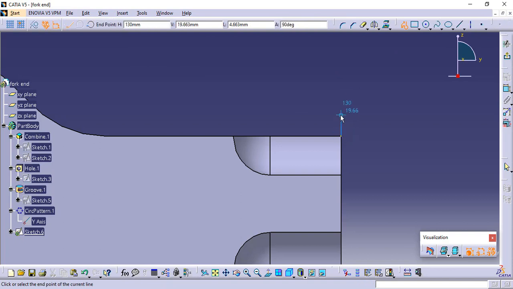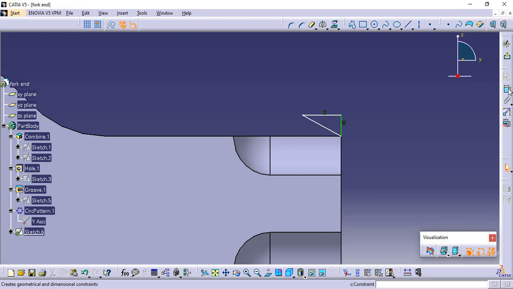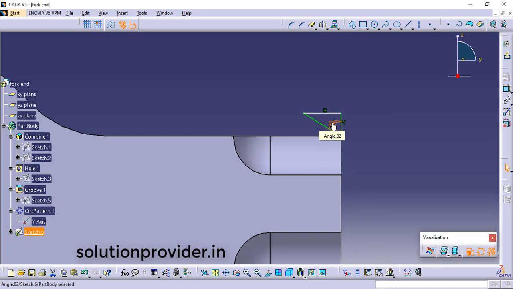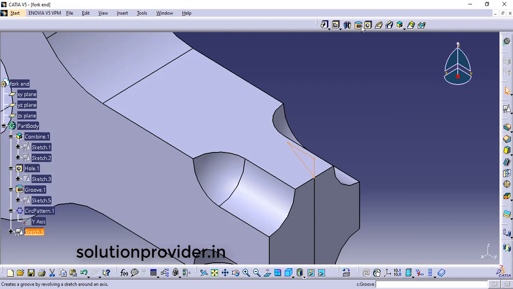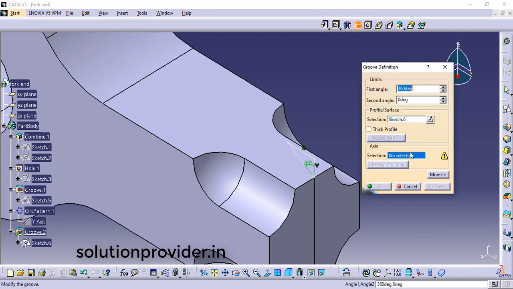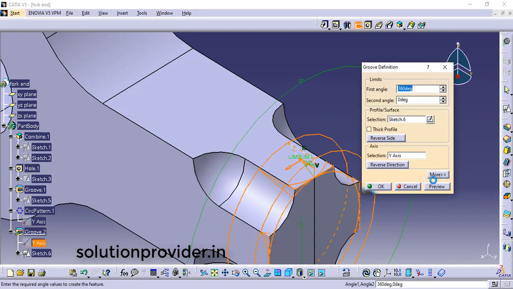And now this one and this one, and you can give the dimension. If you want a 60 degree chamfer, you just make it 60 degree, or a dimension you want as per your sketch. And then groove, about which axis? About the Y axis. Preview. Okay.